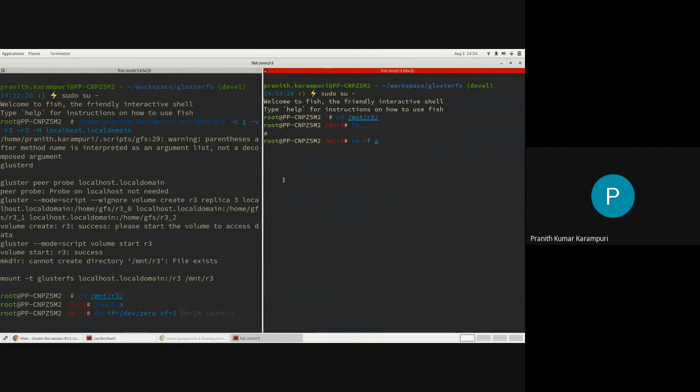So what we thought initially was, since deleting a file involves deleting the inode also, the logical conclusion was this unlink operation should take an entry lock on the parent directory, but it should also take a full file lock on this file so that no other operations would happen, and then the deletion will be done, right?